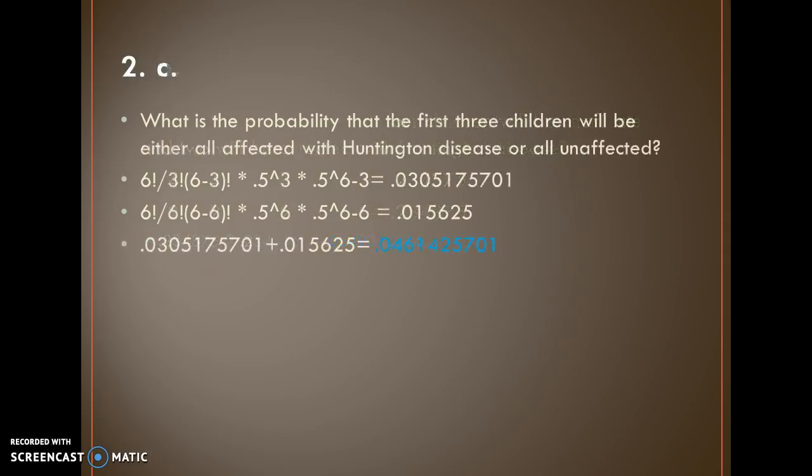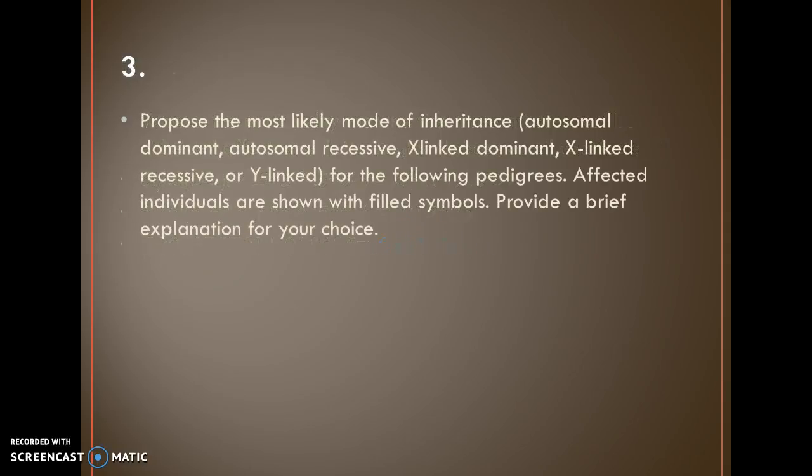0.0549316406. 2C. What is the probability that the first 3 children will be either all affected with Huntington's disease or all unaffected? So again, we use binomial expansion 2 separate times. But this time, instead of multiplying them together, we're going to add them since the word or is in the problem. And we get 0.04614257001. 3. Propose the most likely mode of inheritance, so either as autosomal dominant, autosomal recessive, X-linked dominant, X-linked recessive,